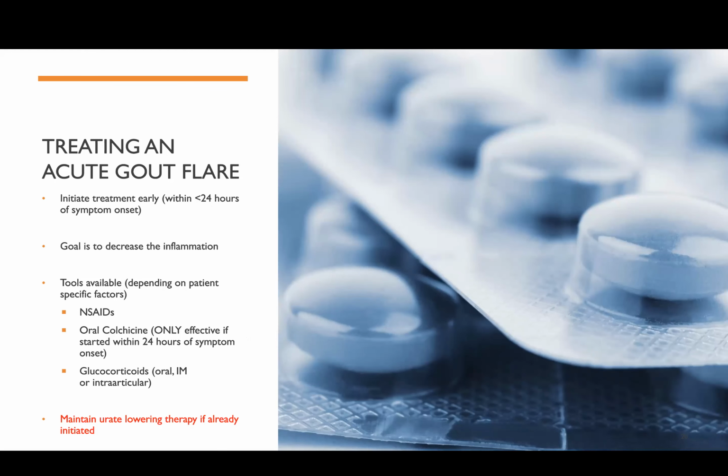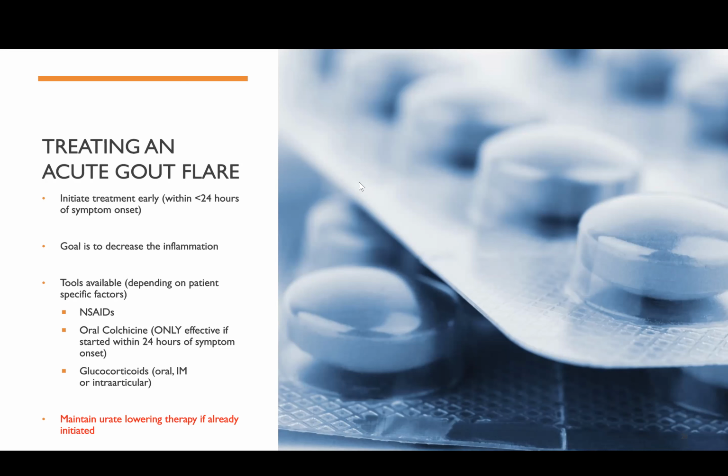Let's go. So, how are we going to treat an acute gout flare? The best time to start treatment is within 24 hours of symptom onset. The goal of the treatment is to decrease that inflammation and that pain. And the tools that you have are NSAIDs, oral colchicine, and glucocorticoids. And important, if somebody's already on urate-lowering therapy, keep it going while they're having a gout flare. Not the last time I'll say that